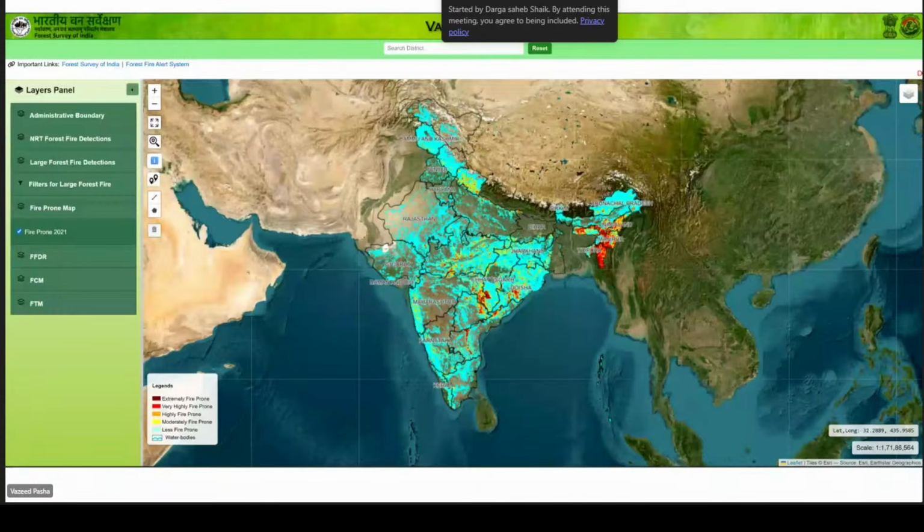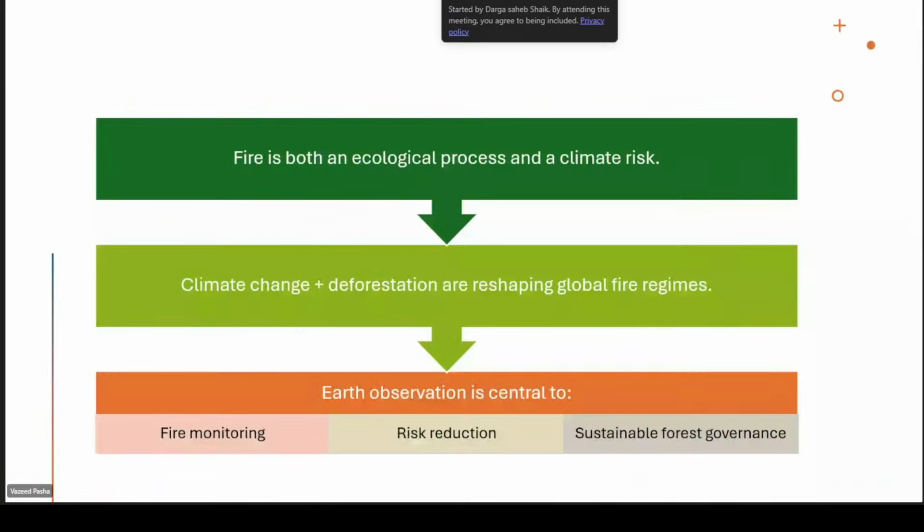These fires are both an ecological process and a climate risk. Climate change and deforestation are reshaping global fire regimes, so it is very important to understand the changing climate regimes, because temperatures are increasing.